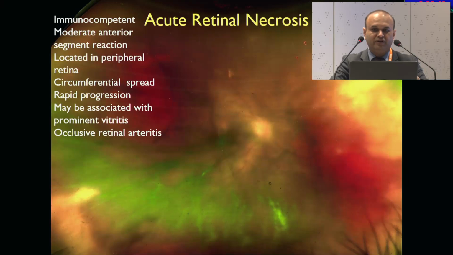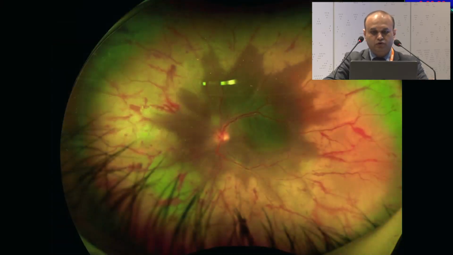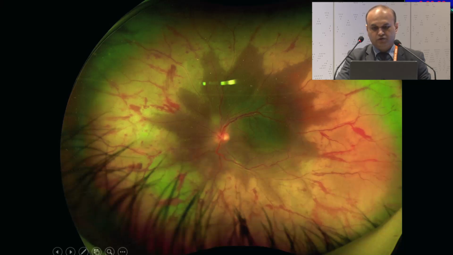So the point over here is, if you see a vasculitis, it becomes important for us to also check for the retinal periphery, because for all that you know, you may see a peripheral area of retinitis lurking in the periphery, which can be a clue to a viral etiology and an ARN. This actually is the case with an extensive ARN, which is not difficult to diagnose, and you see this lot of occlusive peripheral vasculitis that you see in these eyes.